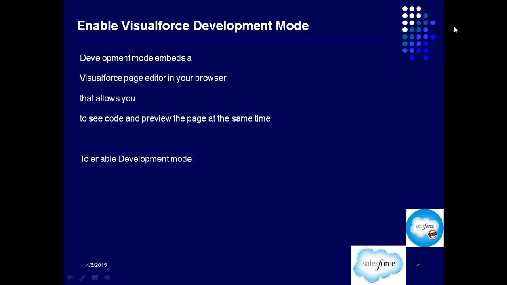This is a small setup change and a one-time activity so that the Visualforce page editor gets enabled, and then you can write the code and view the page simultaneously. All right, hope everyone is done with that.